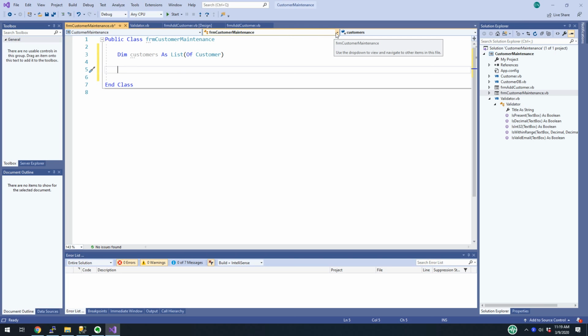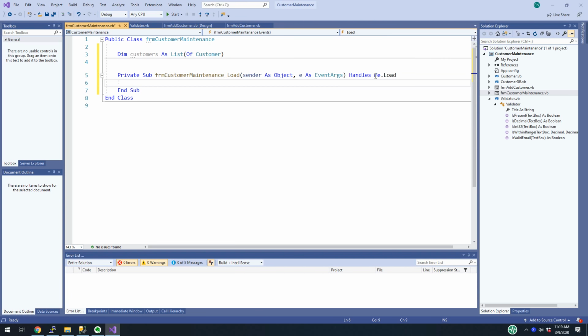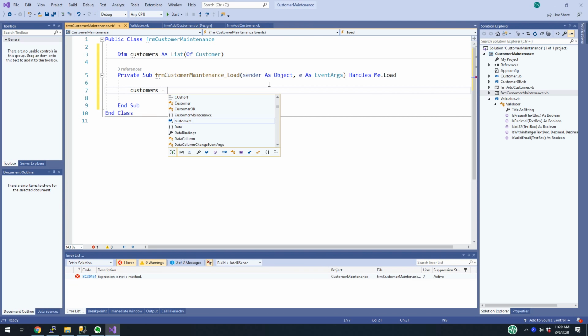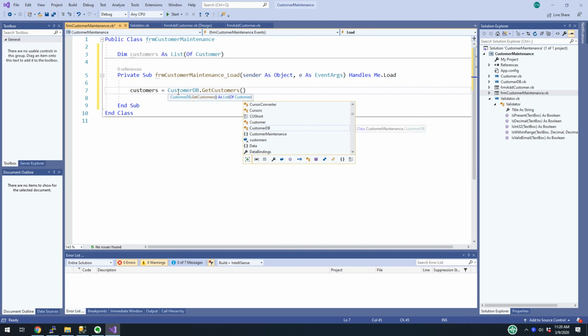Then this is step 9, add an event handler for the load event of the form. So in this middle drop down, I'm going to choose the form event, and I'm going to choose load. So this handles this form actually loading. And we need to use the getCustomers method of the customer DB class to load the customers list and then add the customers to the list box. Okay, so I'm going to say customers equals. Now this is referring to this module level variable of customers. I'm going to use customer DB dot and getCustomers. So this is going to return to me a list of